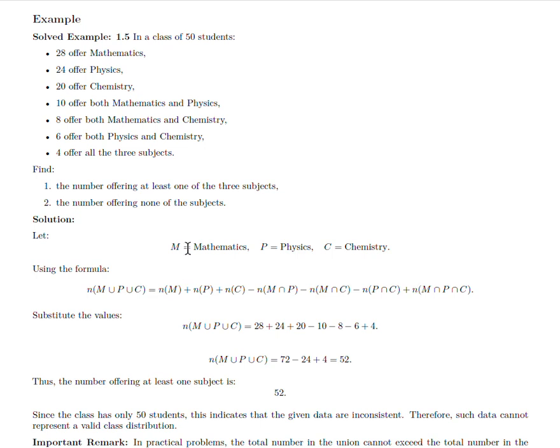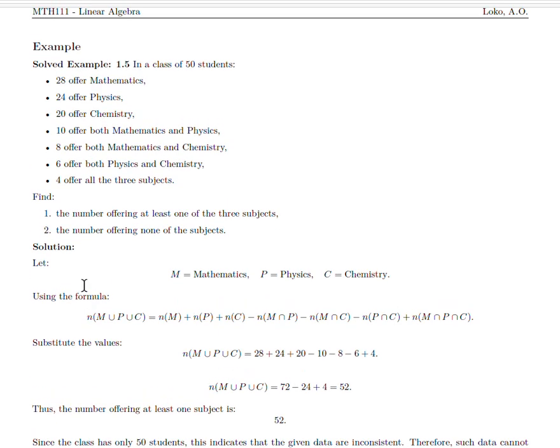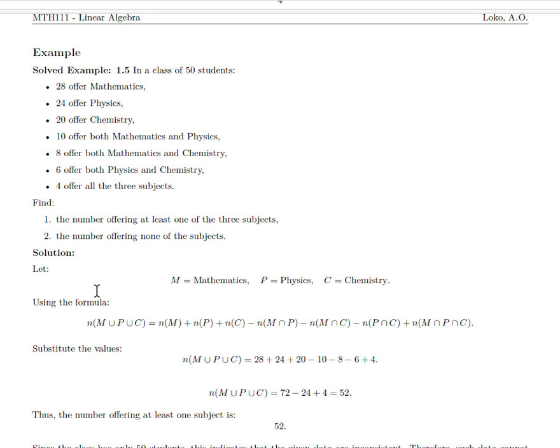So A in this case is M, B is P, and C remains C. So the formula is this way, and then we can substitute values from the data we have in the question to get this